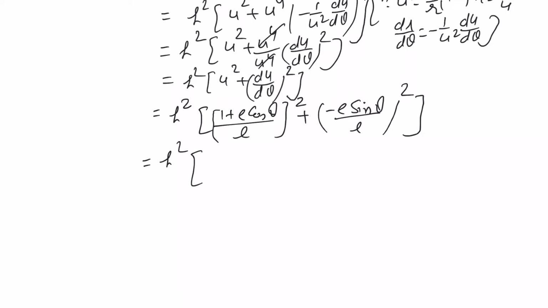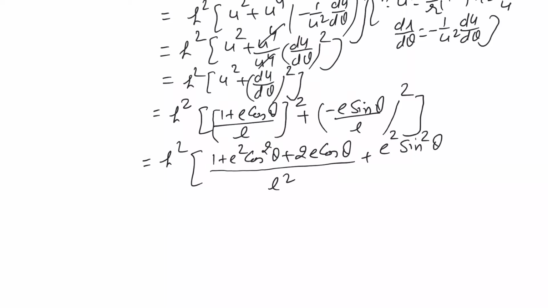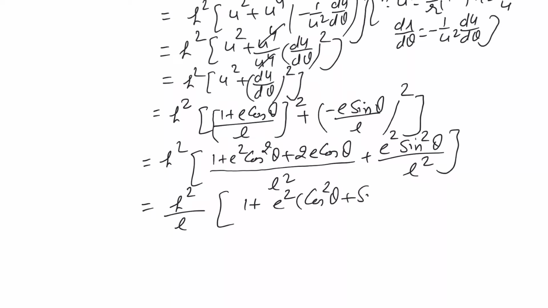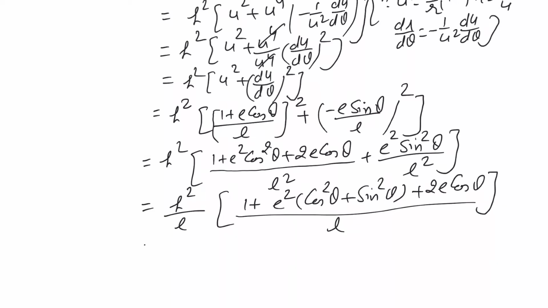This will be h square (1 plus e square cos square theta plus 2e cos theta upon L square plus e square sine square theta upon L square), which is equal to h square by L square (1 plus e square cos square theta plus sine square theta plus 2e cos theta) divided by L. This thing is equal to lambda. One L out of this L square is here and one L is here, and we have used